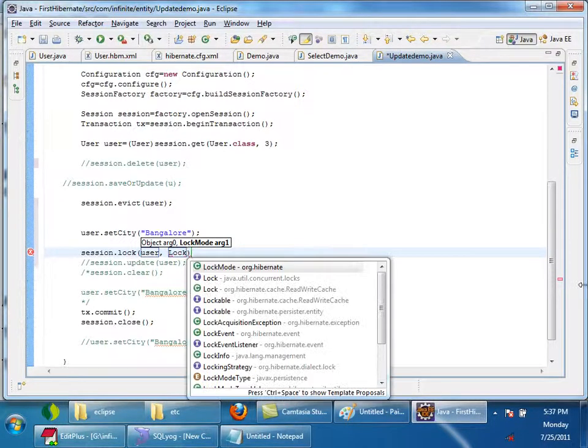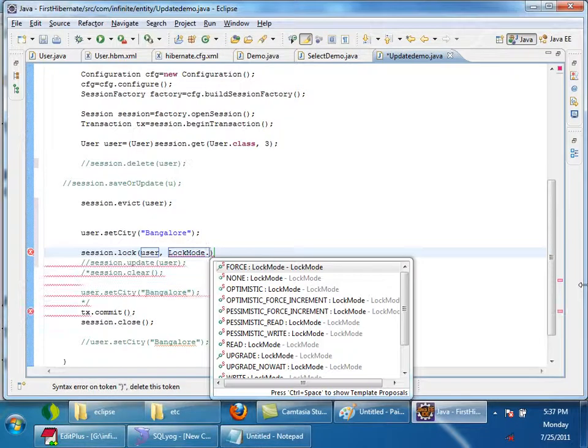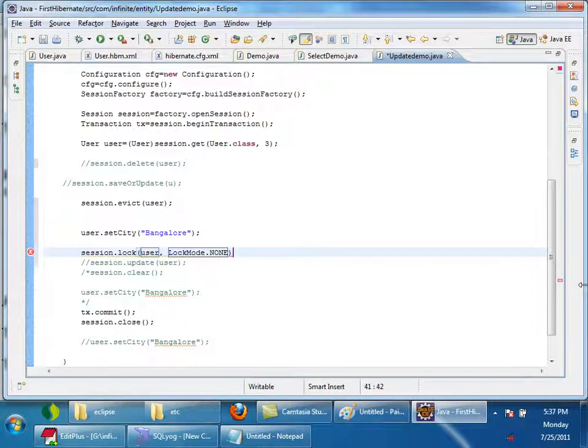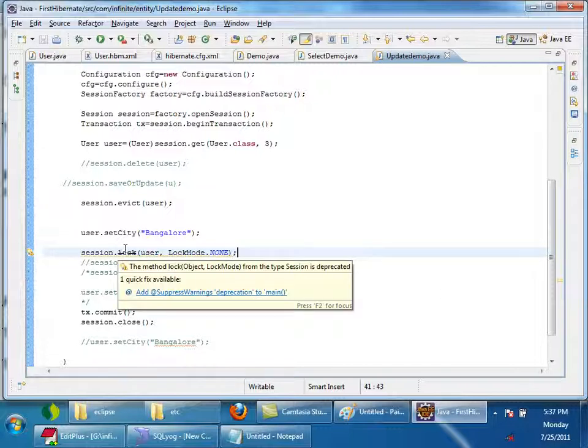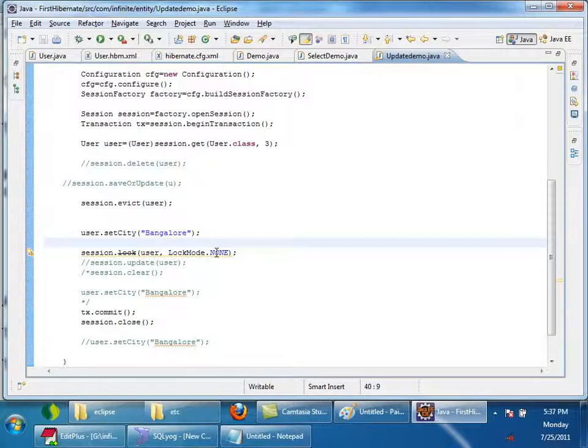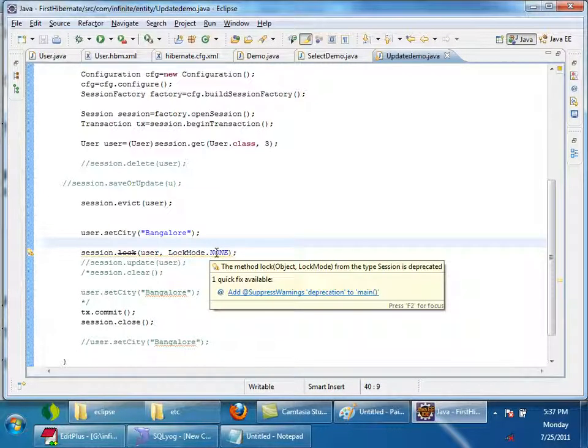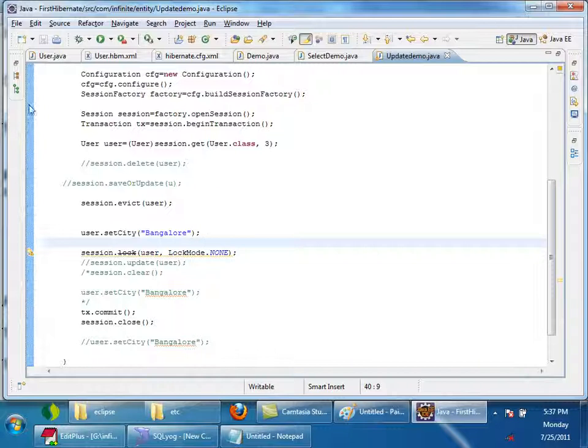Second one is lock mode. I'll say LockMode.NONE. It is deprecated in the latest version. Session.lock was available till Hibernate 3.3 also, but now it is deprecated.